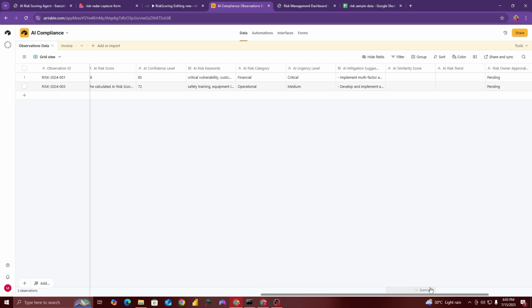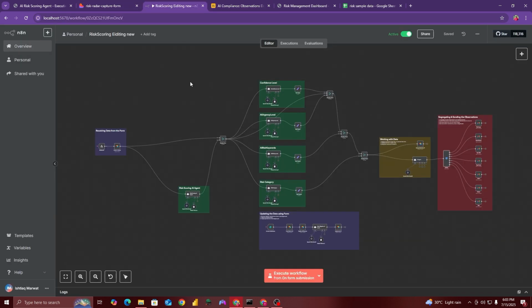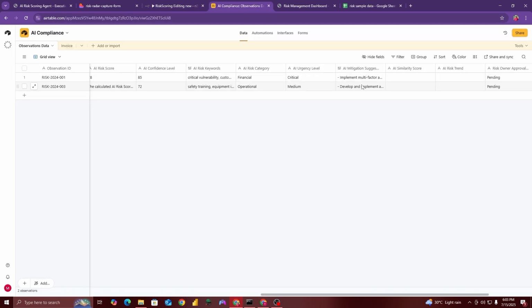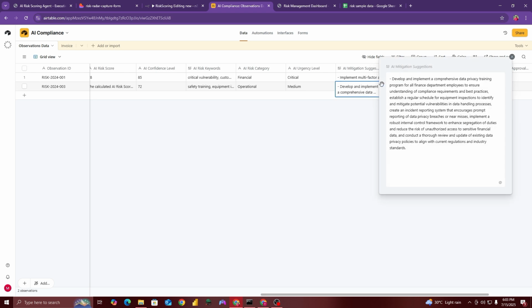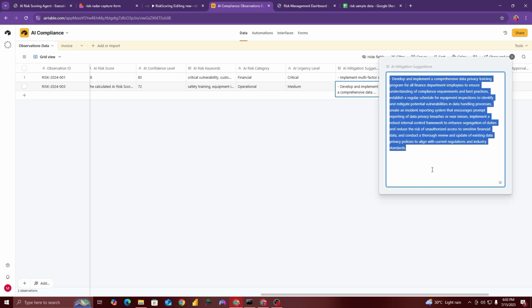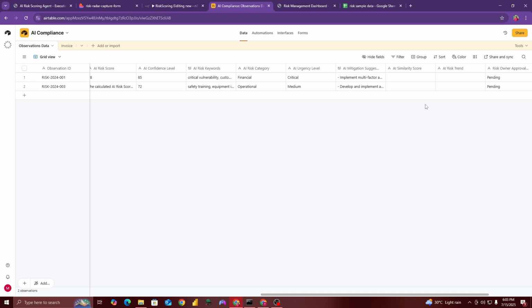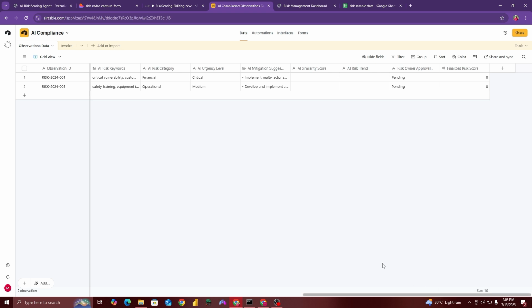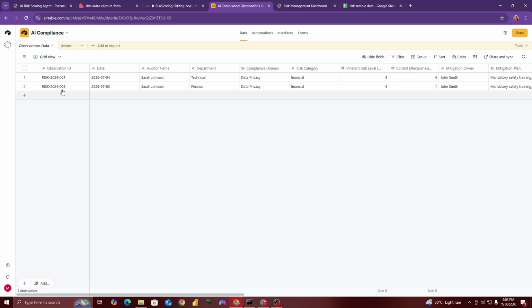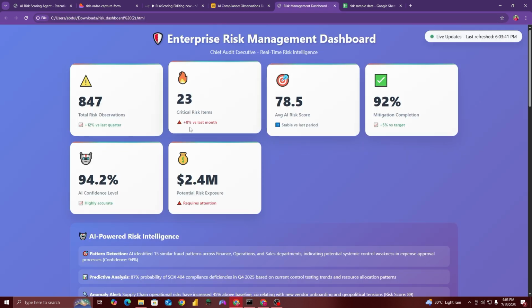Now again the risk scoring agent, this engine will now initiate, and it will add a risk mitigation plan, AI mitigation suggestions, which is actually going to improve the whole process of risk scoring and risk assessment. All of this data can be used to generate a dashboard.